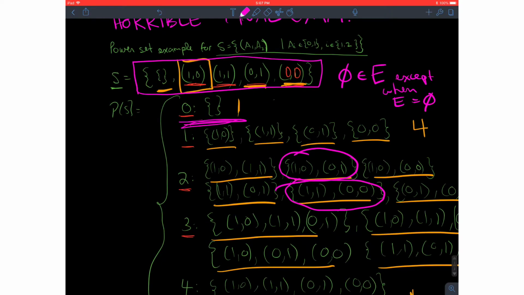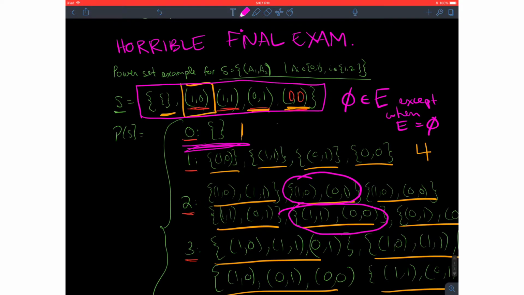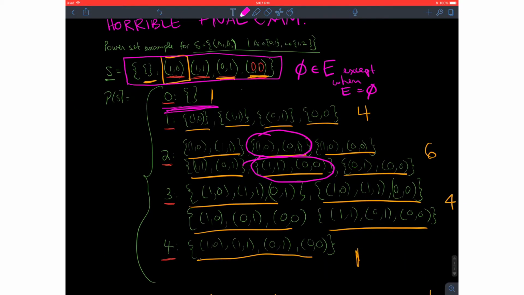So here, what's been written out is the power set of S. Now what I haven't done is put the empty set in every single one of these. The empty set could be included in every single one of these, but I'm not going to do that because it's a big waste of time. So just understand that the empty set is inside of every single one of these sets.